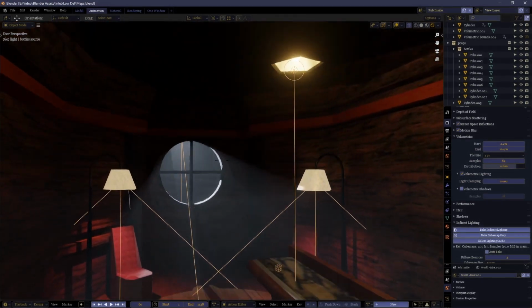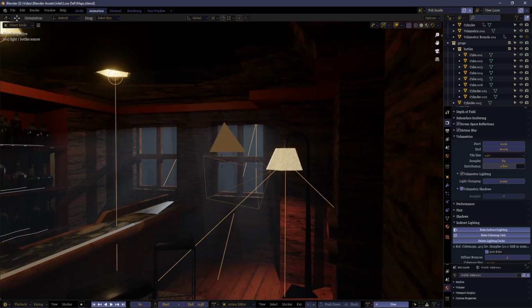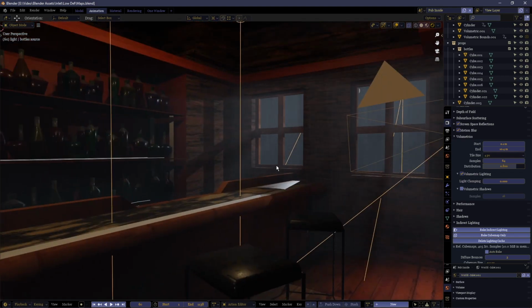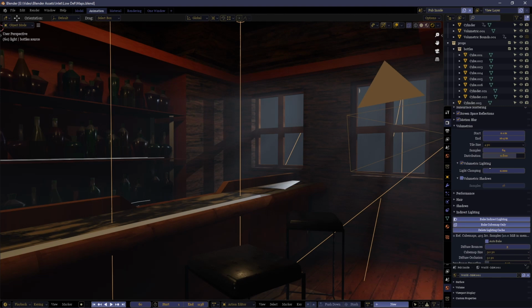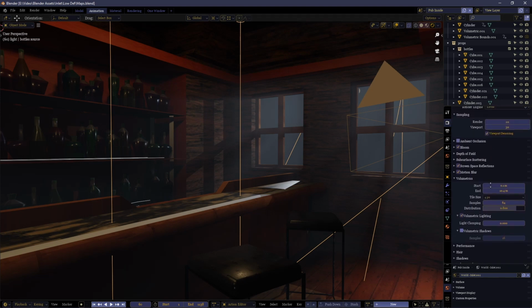The last thing we're going to look at, going back to the scene you saw at the start, is volumetrics. Now volumetrics is what you see here, this kind of foggy effect produced by the light shining in through the windows. Now these can have quite a significant impact on your render speed, so getting the settings to that perfect balance of quality and speed can be important depending on your scene. Much like sample sizes, it depends on what you need in the scene itself.